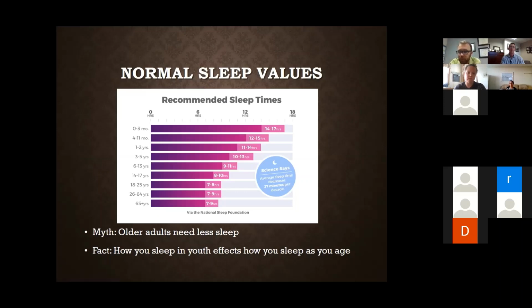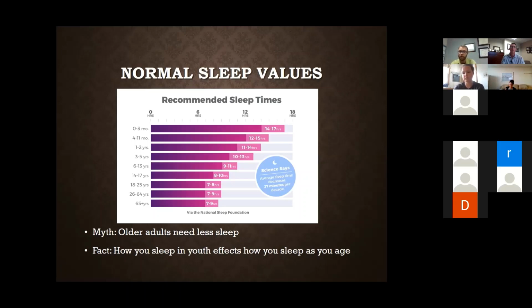If I were to poll the audience here, I would be very doubtful that 100% of us are completing 7 to 9 hours of sleep every night. But that would be one of the best things we can do for our wellness, our mental health, our energy levels, our preparedness for work, and so on and so forth. There was a myth, or research in the past, that has been debunked, that as we get into older adult status, we need less and less sleep, so that we're getting 5 or 6 hours. That has been proven not to be true.